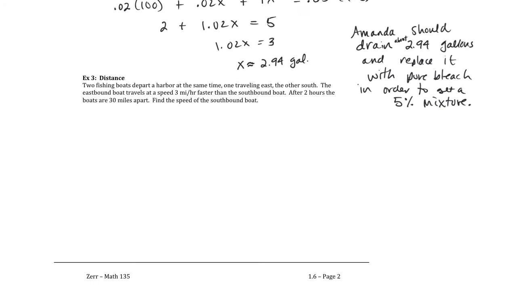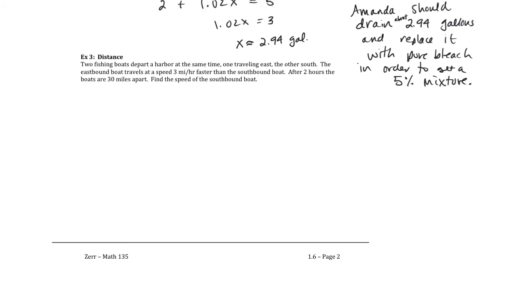All right, one more. This one is in terms of distance. And so we need to know that distance is the same thing as rate times time. Okay, we've got 2 fishing boats. Here's the harbor. One is heading east, and the other one's heading south. North, south, west, east. Okay, so